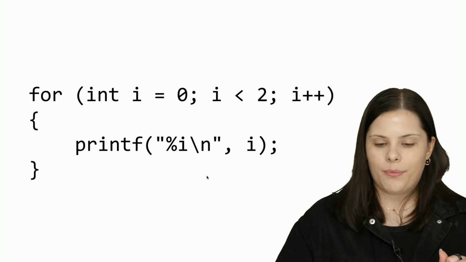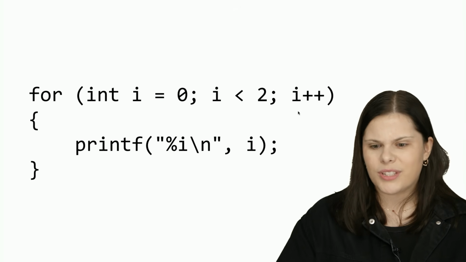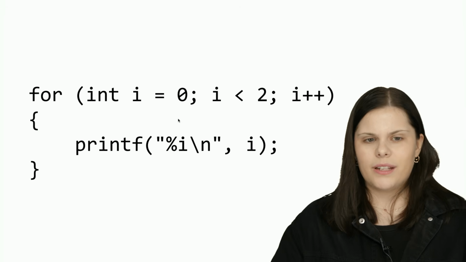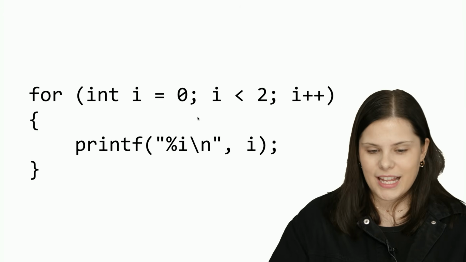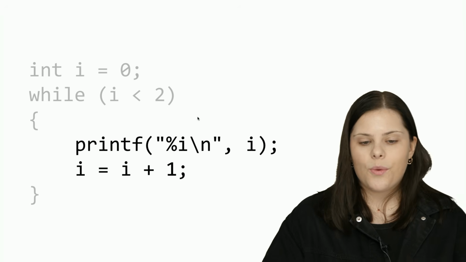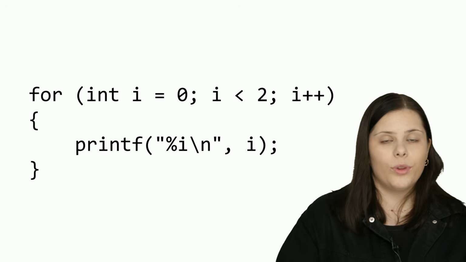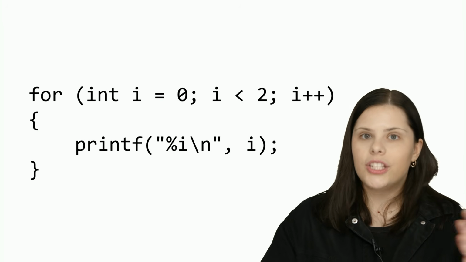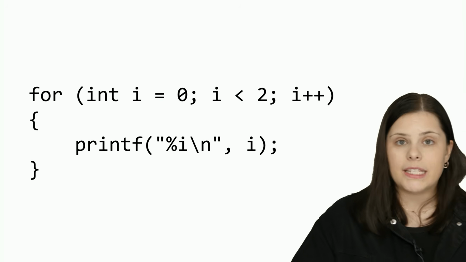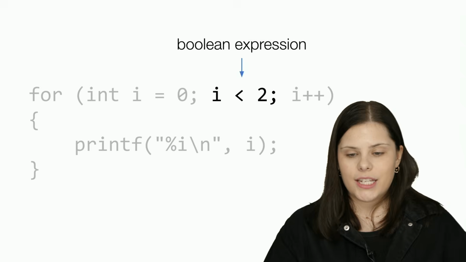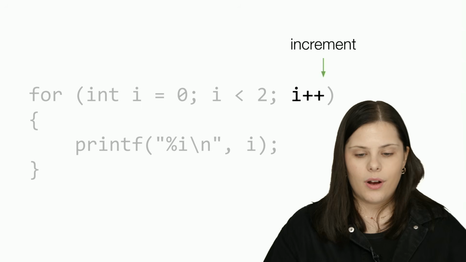So we kept the printf part, and now the first line looks very cryptic, like what is going on? I see i++, it looks kind of similar, i less than 2, but completely different format, right? It's actually all of the same things that we just saw in the previous slide, right? So just like with the while loops, we're defining int i equals 0. Just as with while loops, we're setting up our Boolean expression, which is i less than 2, and just as with while loops, we're incrementing i++. So we can think about it in the same ways that we did with while loops, the initialization, the Boolean expression, and the increment, and then ultimately we will printf